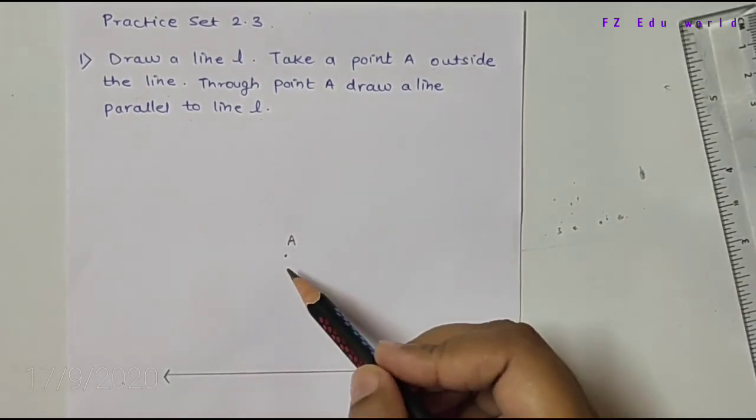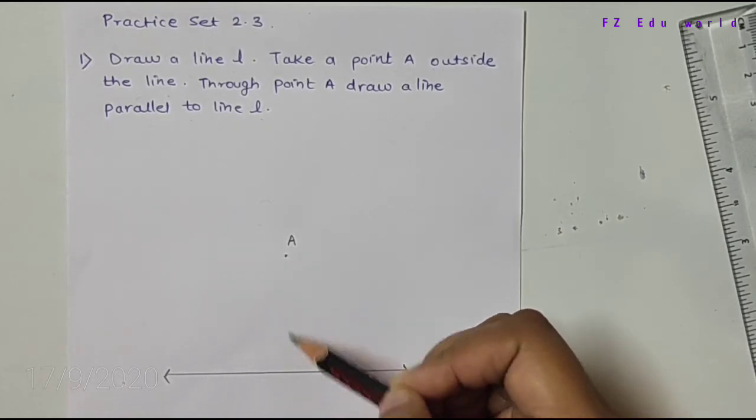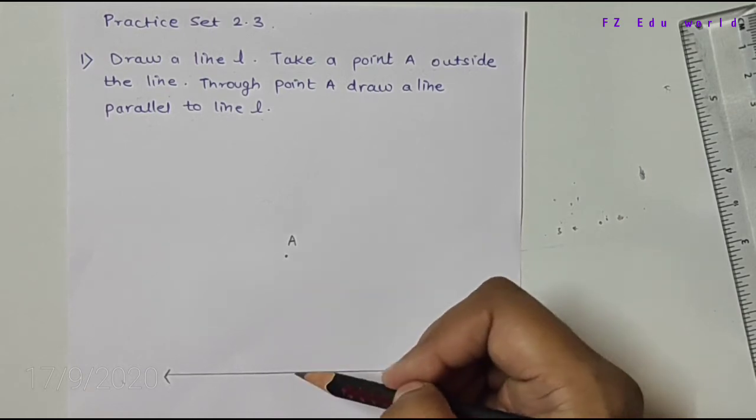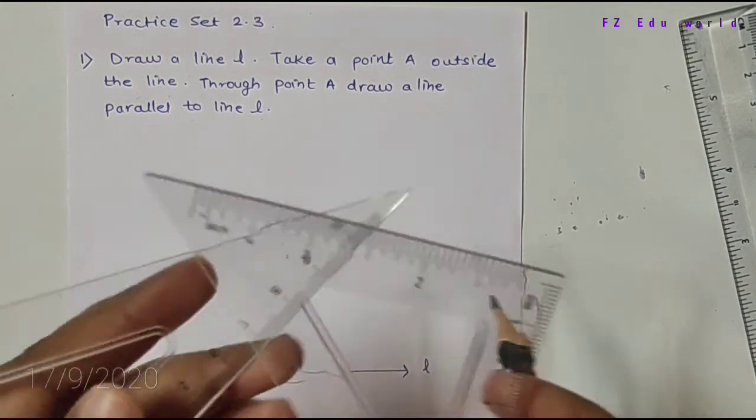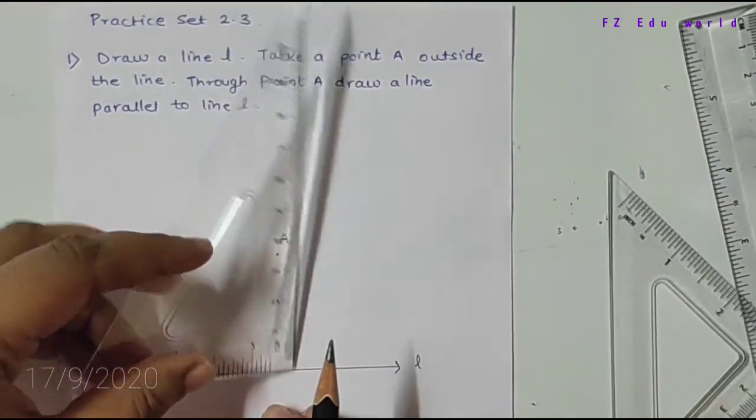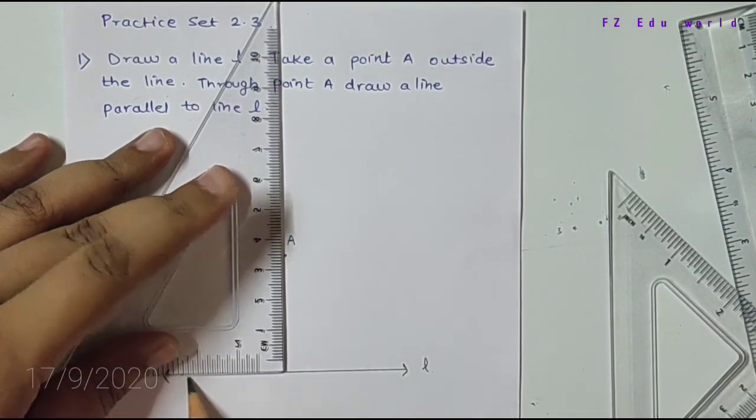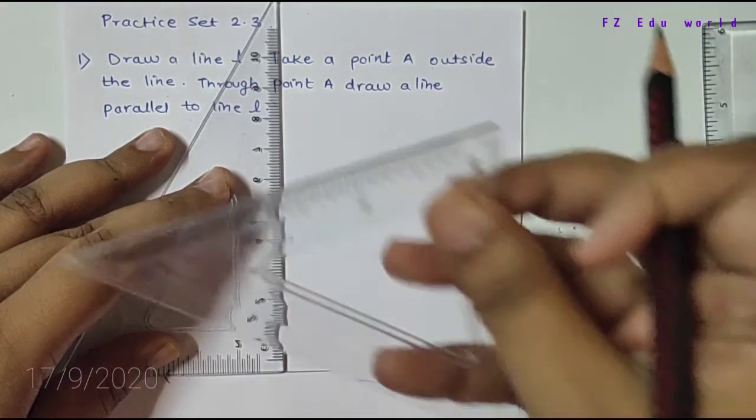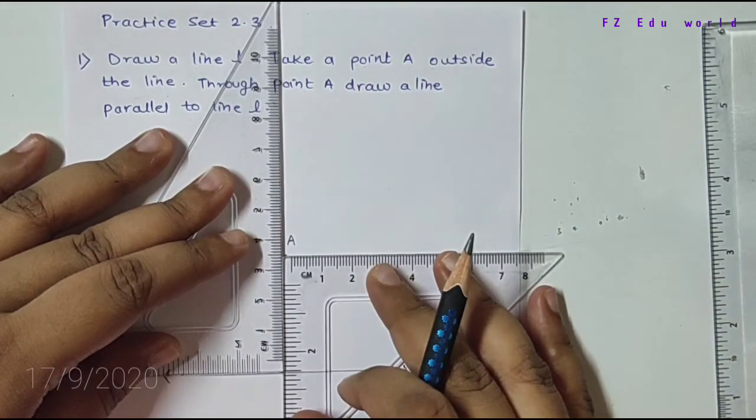If you are told to take a point at a distance of 4 centimeters, or any distance is told to you, then you have to take this point from this line at that distance. Now for drawing parallel lines we need this set square. These are called set squares. I am putting this set square here on this line and this point is here. Now I am putting the second set square with this corner on point A